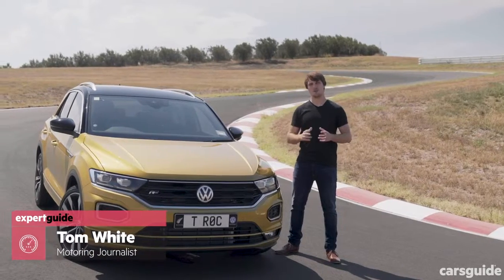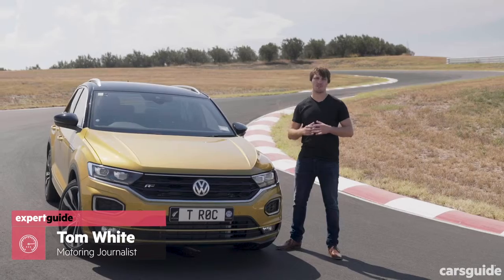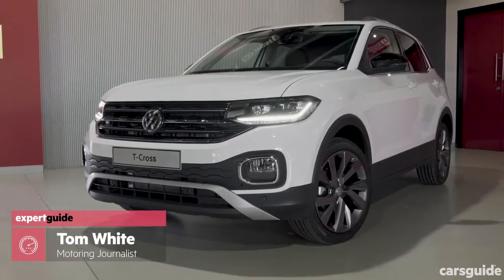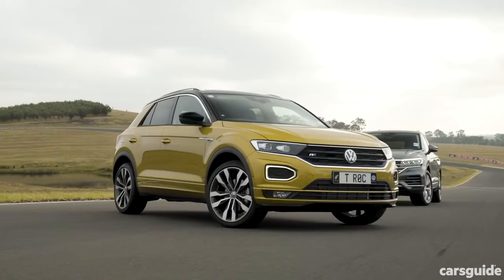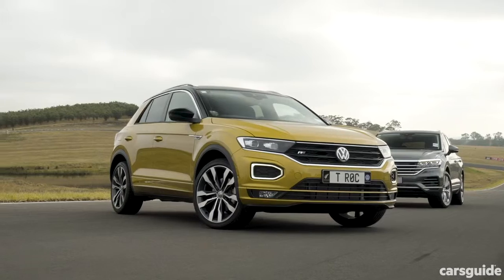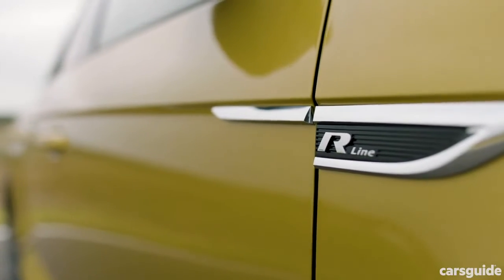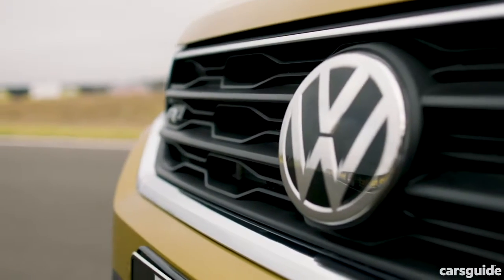At long last, Volkswagen is set to enter the small SUV market in Australia with a two-pronged assault. There'll be the Polo-based T-Cross and the Golf-based T-Roc that you see here. The T-Roc is based on a Golf and size-wise slots in underneath the Tiguan. We can't tell you too much about pricing and spec levels just yet, but the T-Roc aims to start from